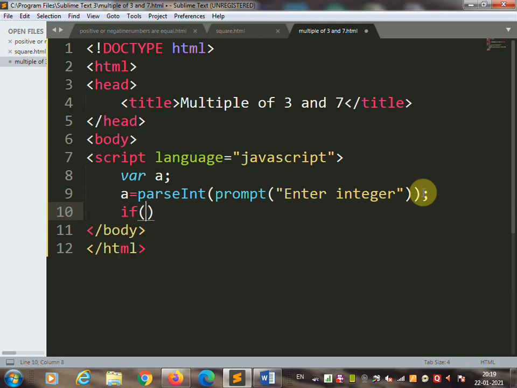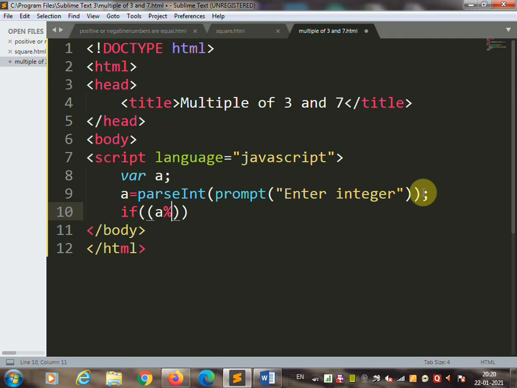So if a, here you are going to use the modulus sign, meaning we find the remainder of that number. If the remainder is 0, then the number is a multiple.